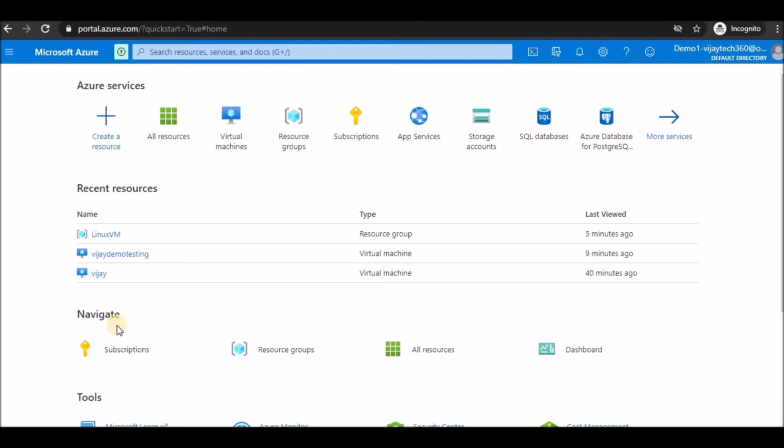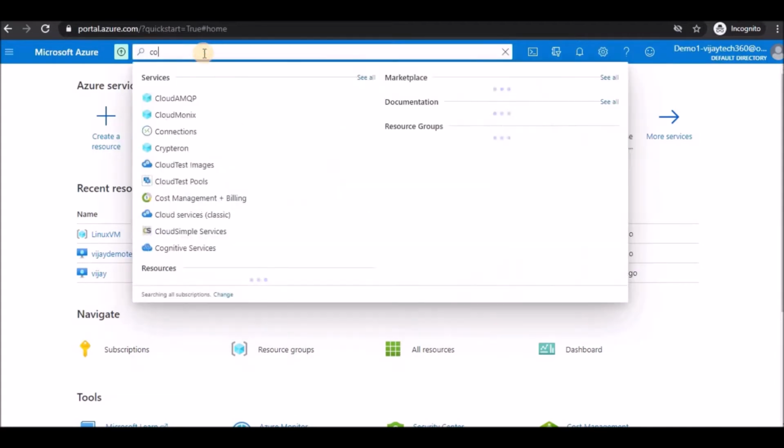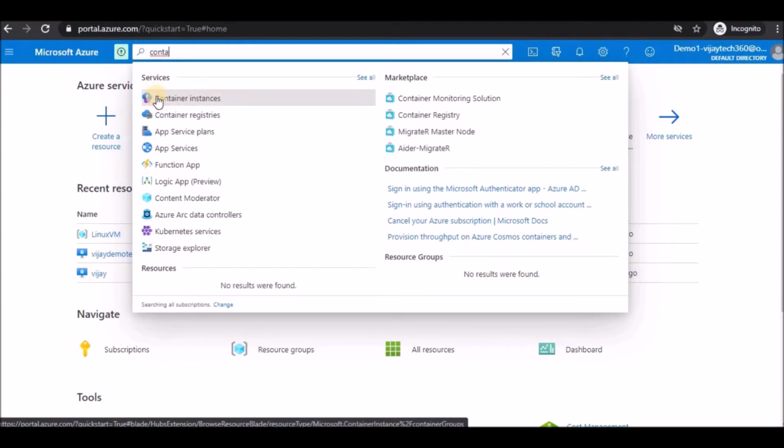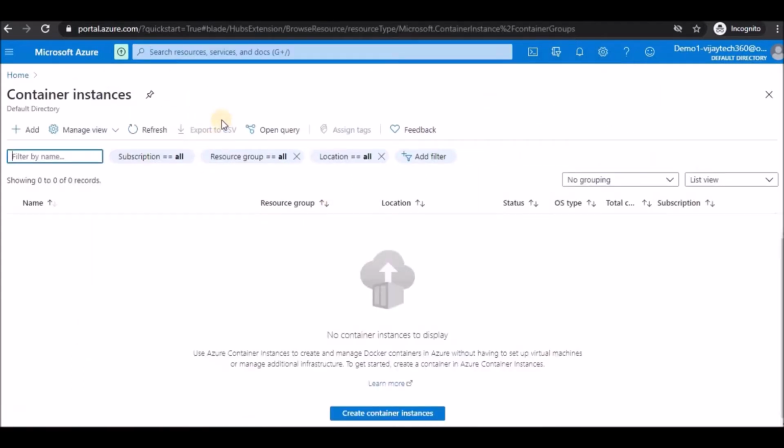In this video, I am going to show you a demo about container instances. For that, you need to type container instances, so you can search for this service. You can click on container instances. Now what you have to do is click on add